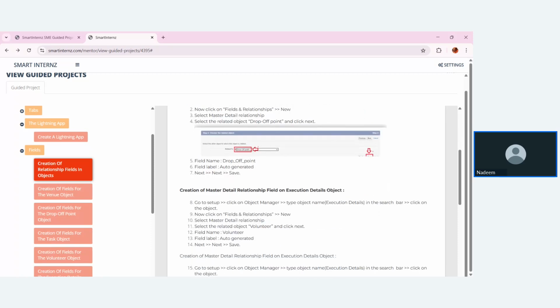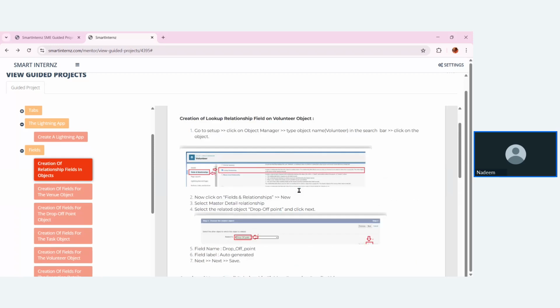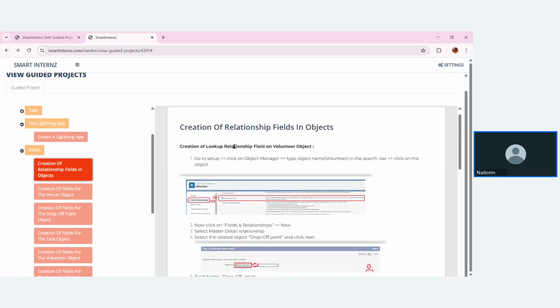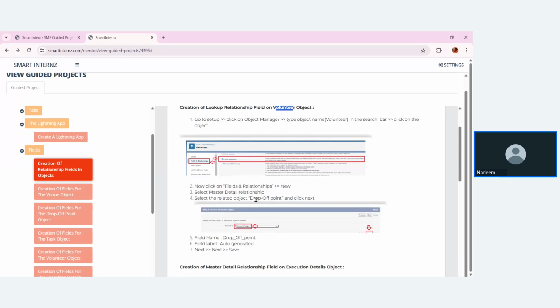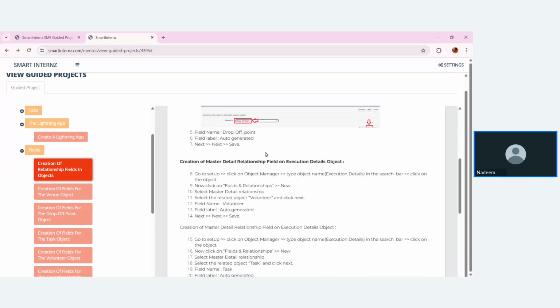In the same way, you can see there are a few more relationship fields which you need to go ahead and create in other objects as well. So the very first relationship field you are going to create is on the volunteer object, from the volunteer object to the drop off point object. Second relationship type, for that you are going to open execution details,